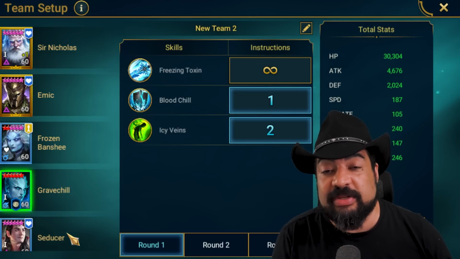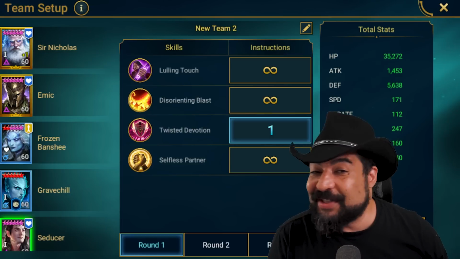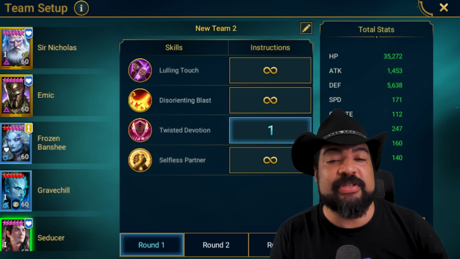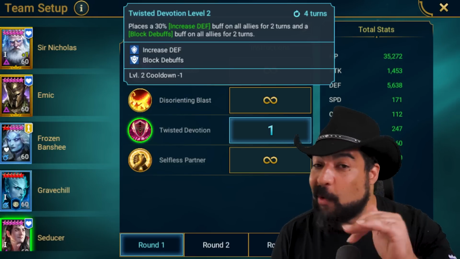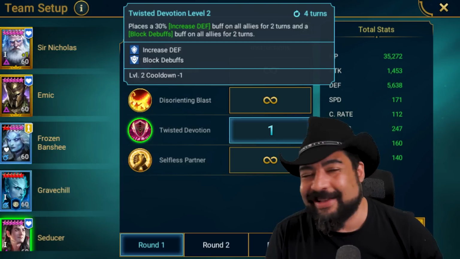Frozen Banshee gives us that decreased defense and extra poisons as well. And then very last, we have Seducer. Now, Seducer is one of my favorite champions out there, but I rarely get to use him because he has a block debuff ability on a 4-turn cooldown. It lasts for 2 turns. He's the only rare champion that has a 2-turn block debuff ability, but it's a 4-turn cooldown,